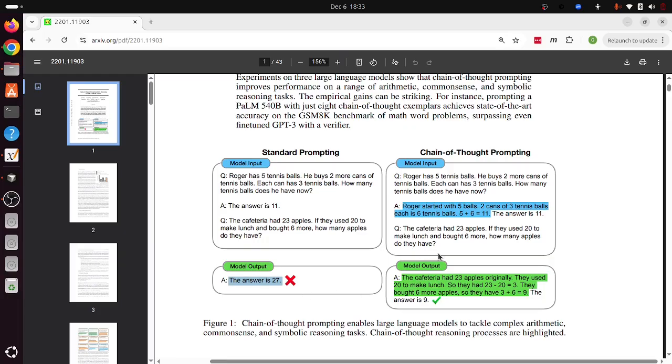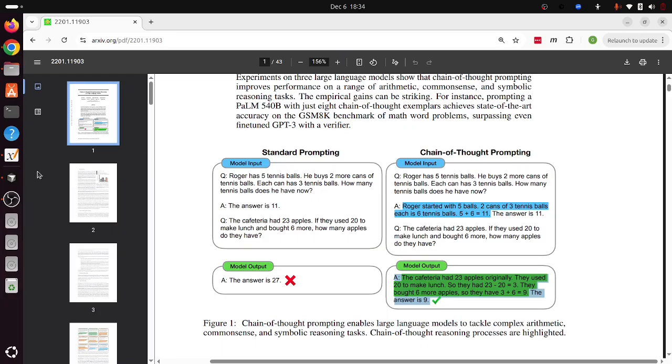But here, instead of directly giving the answer 11, it's a mixture of few shot plus reasoning. You give some examples with reasoning. You give an example and say, okay, this is the reasoning you have to do, like, Roger started with 5 balls, and so on. You're giving a step-by-step procedure to solve this. And in a similar way, the AI will learn accordingly and do that. So you're telling the LLM, for this problem, follow these particular steps to reach your answer. That is the main goal of chain of thought prompting.